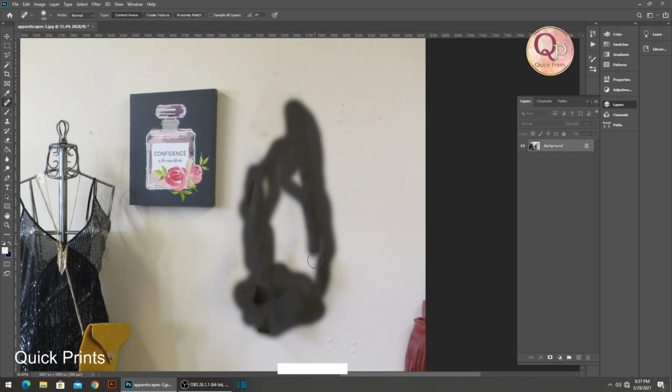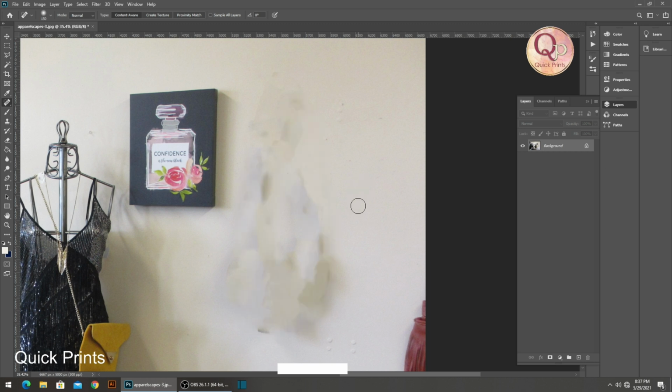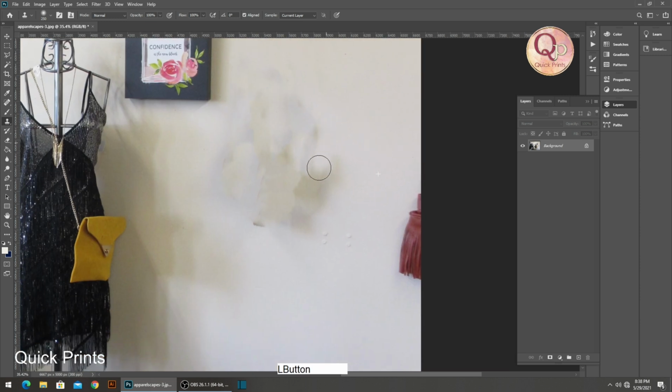Now we need to remove this impression of the element. Let's see. For that we are going again with the clone stamping tool and clicking the area of hair, and let's fix it, right? As you can see, the clone stamping tool is a very beautiful tool. Once we understand the technicality of using this tool, it is one of the finest tools in Adobe Photoshop. So as you can see, it is going very smoothly.